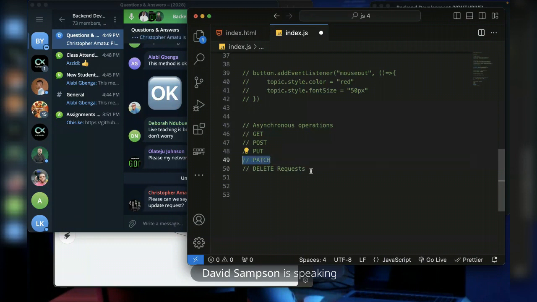But a delete request, like the name implies, the user is giving you the permission to delete their information from the database. So that is not just their information, it could be a message that was sent and saved. You can delete the message. It could be an application that was sent. You can delete the application.